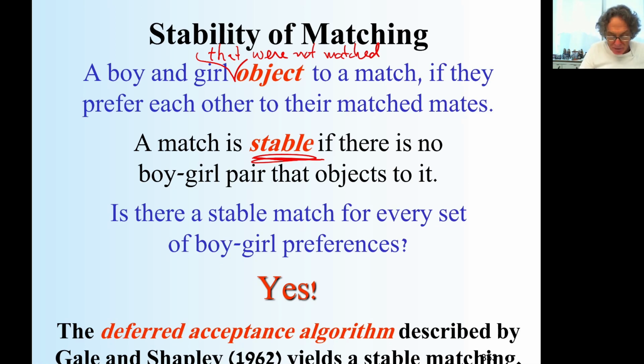I'll tell you, the algorithm is a beautiful one. It's called the Deferred Acceptance algorithm. And it basically works in one of two ways: either boys run after the girls and girls are passively waiting for the boys, or oppositely, girls run after the boys and the boys are patiently waiting for an offer. That will be very interesting, and by the way, we can draw some interesting conclusions.